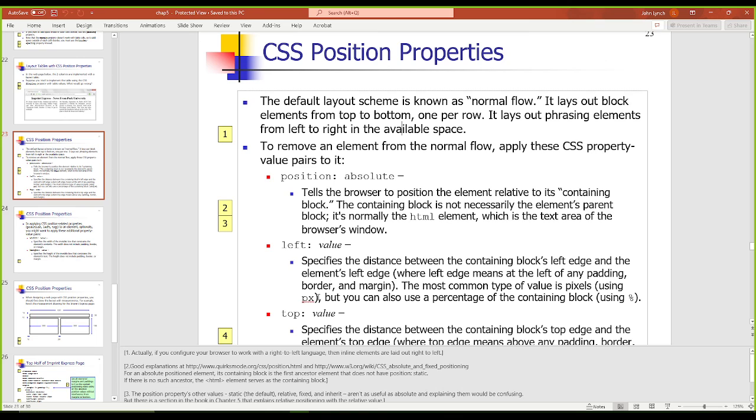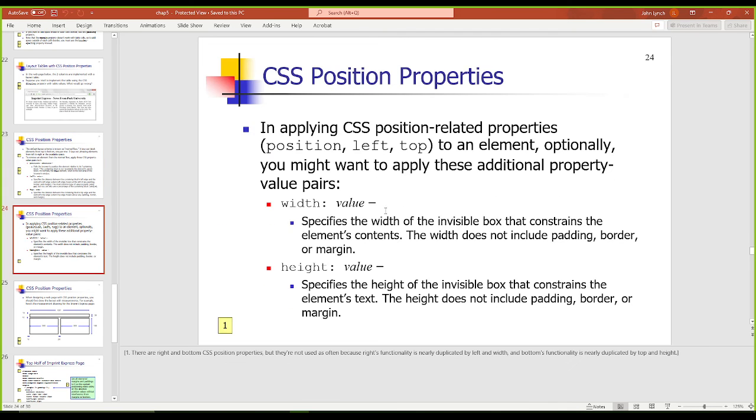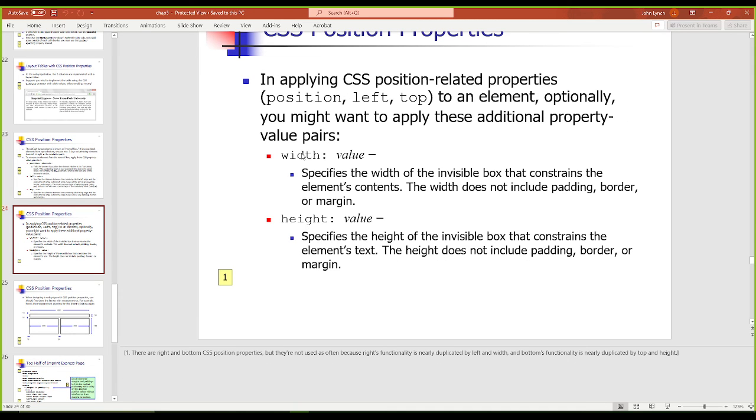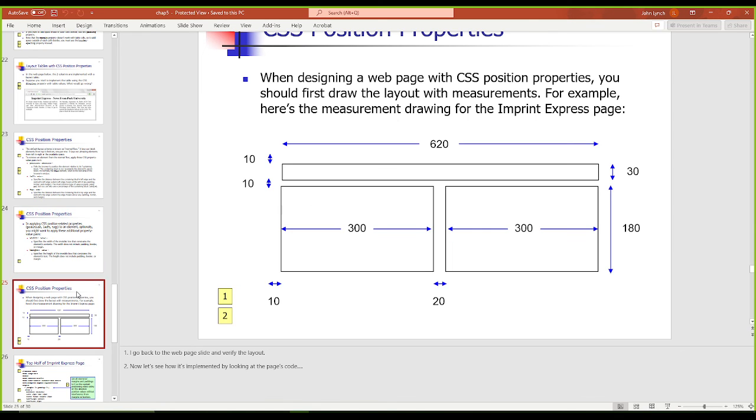There's a few different positions we can use. We can use position absolute. This tells the browser to position the element that we're on relative to its containing block. So this is normally the HTML element, where the text area of the browser is. We can also specify a distance from the left and the top of these positions, and we can also specify the width and height. We saw this again with the picture that we changed yesterday,